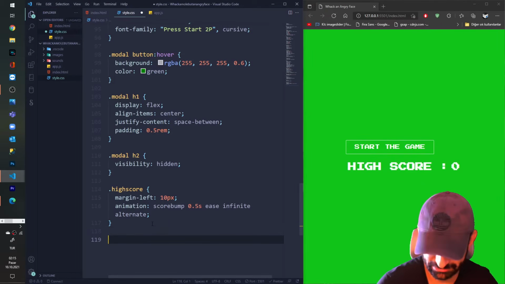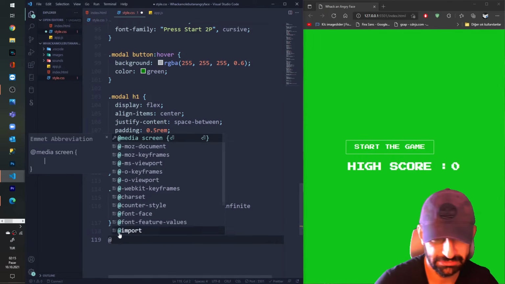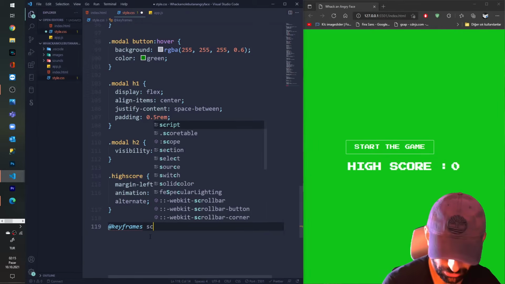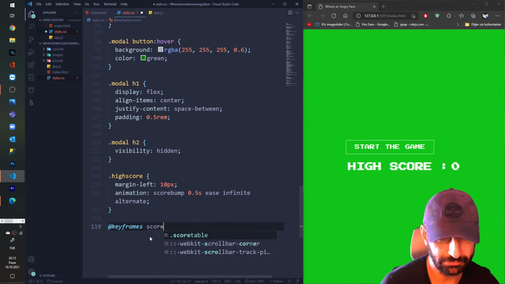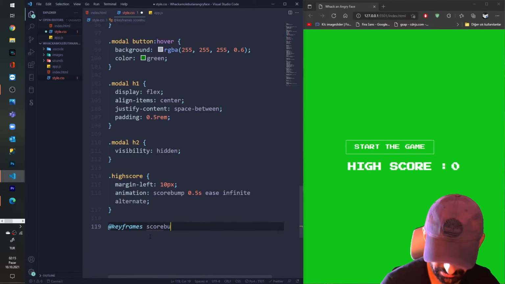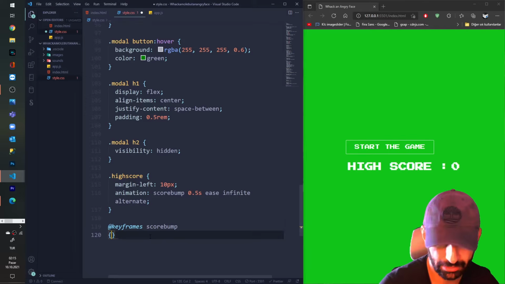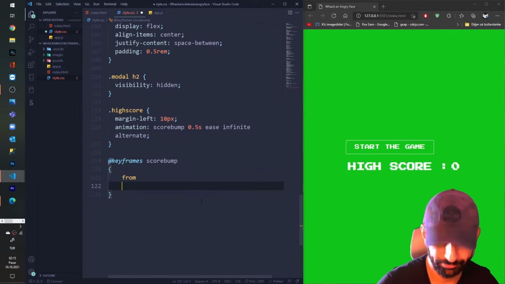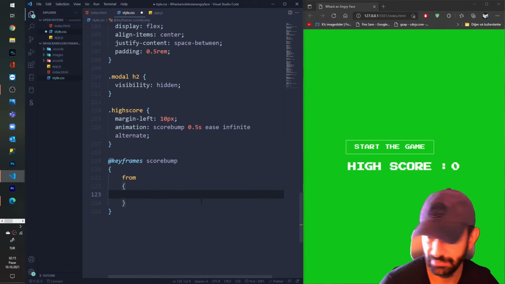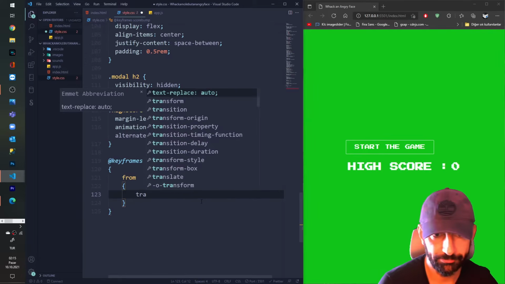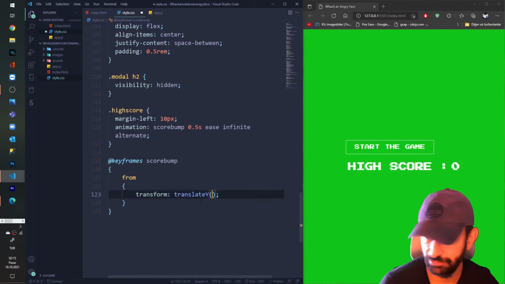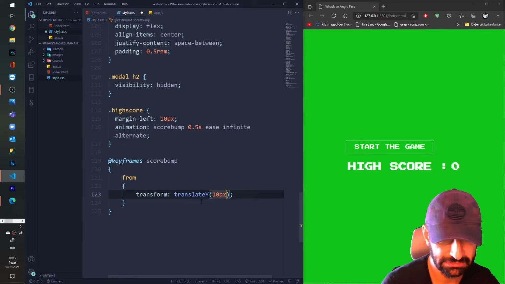Let's make keyframes for my animation. Keyframes, score bump, right? Score bump. Okay. From to, we say from, transform, translate Y from 10 pixels.